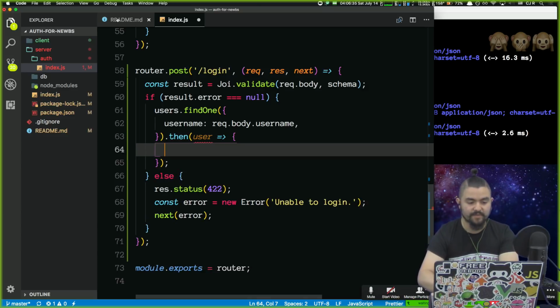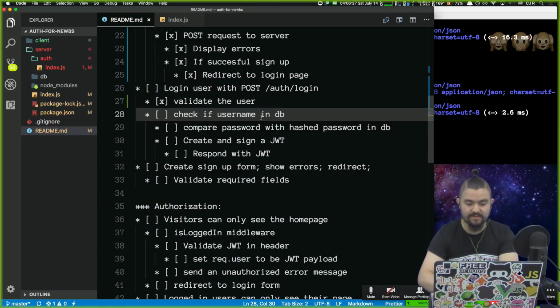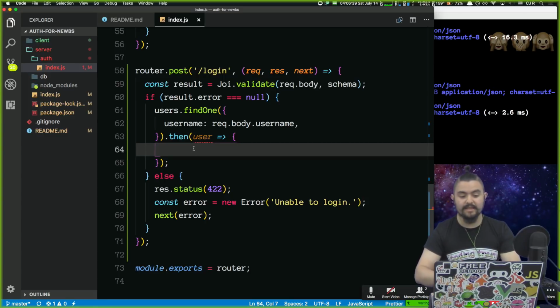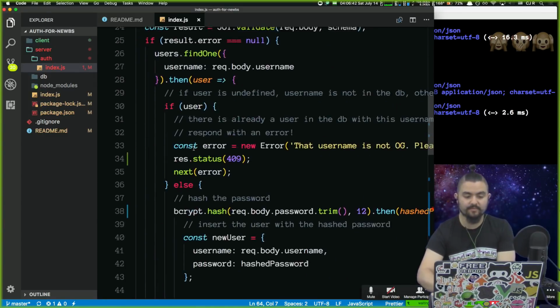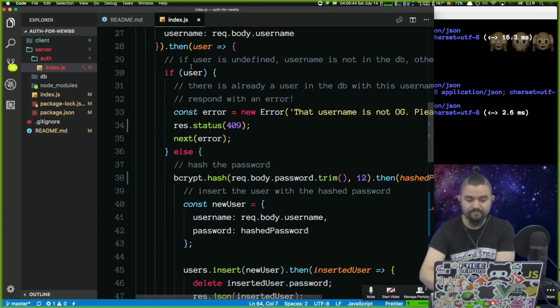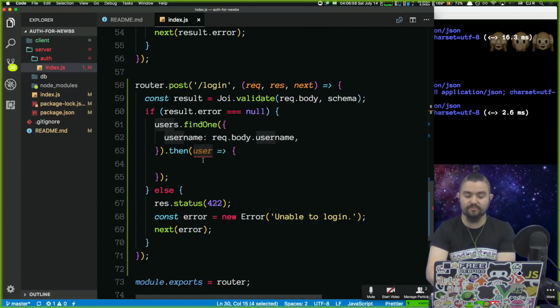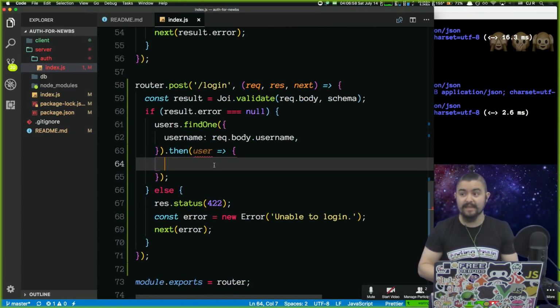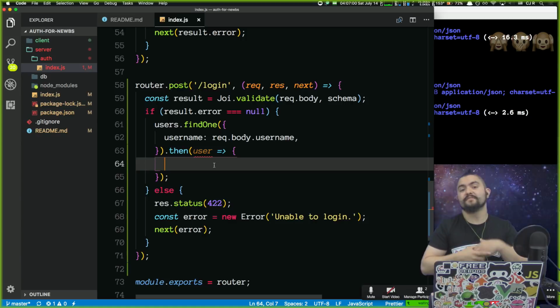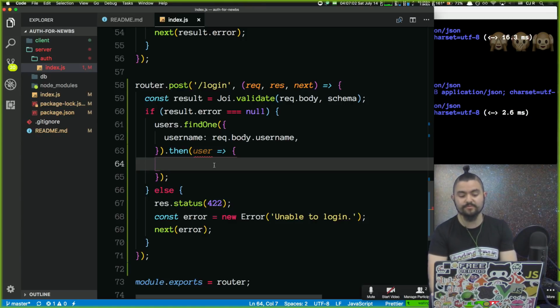And this is where we have some logic. So check if the username is in the database. Now it's kind of the reverse logic from signing up, right? Before, if the user existed, we returned an error that said, hey, there already is a user with this username, you can't sign up with this. Now it's the reverse logic. If the user existed, now we need to compare their hash password. If the user doesn't exist, then we need to return an error. So let's just do some logic. So say if user,